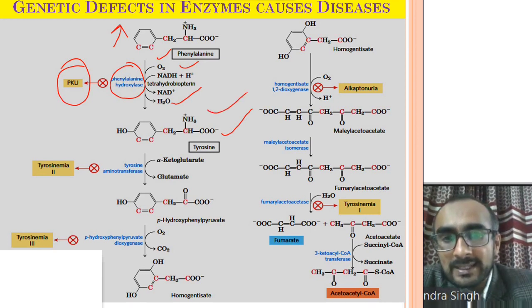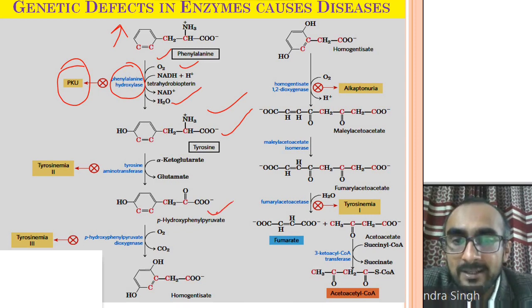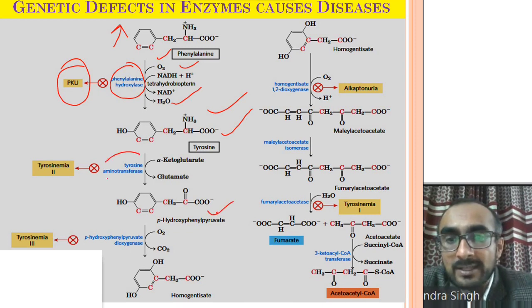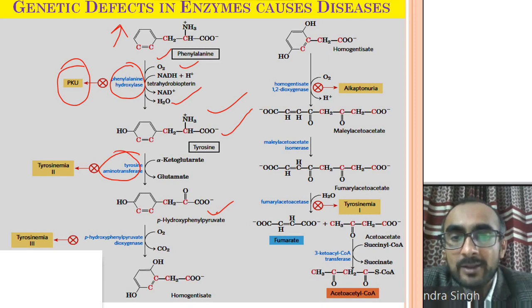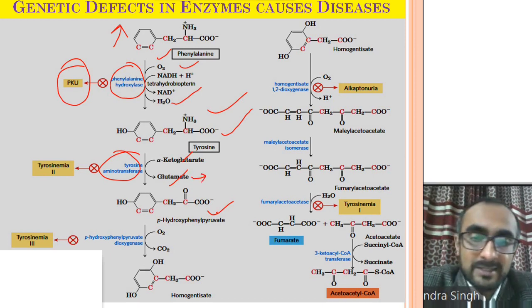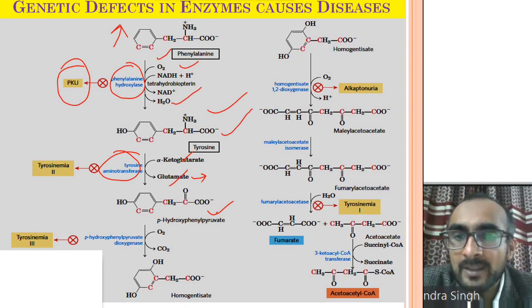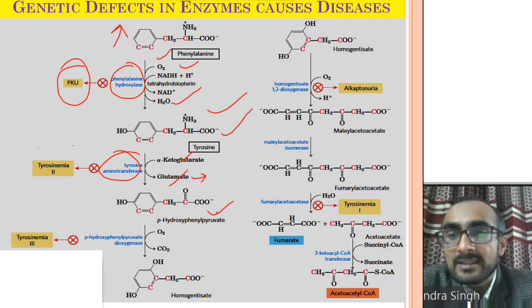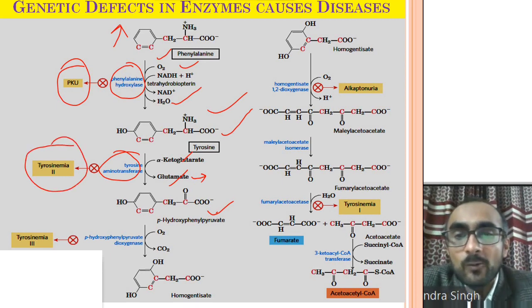Then this tyrosine is converted into para-hydroxyphenylpyruvate with the help of the enzyme tyrosine aminotransferase, where the amino group is transferred onto alpha-ketoglutarate, which is converted into glutamate. This glutamate is converted into glutamine, and that's how it goes to the liver and participates in the urea cycle. If there is a genetic defect in tyrosine aminotransferase, the disease is called tyrosinemia, where tyrosine concentration in the body